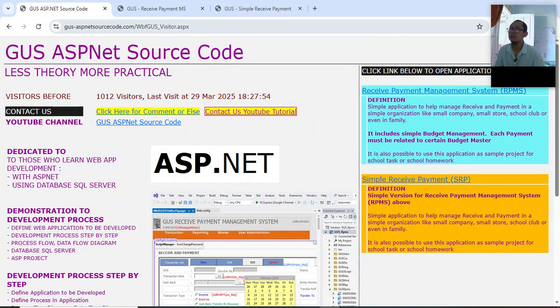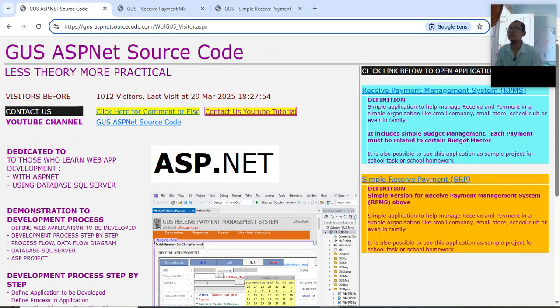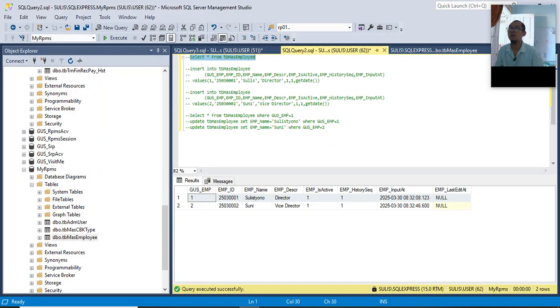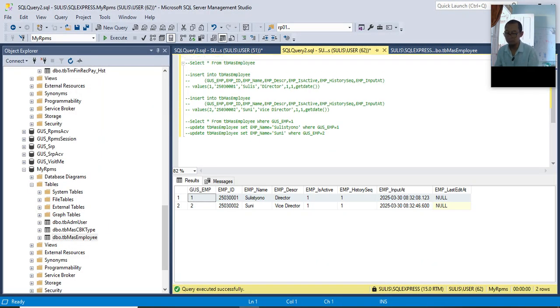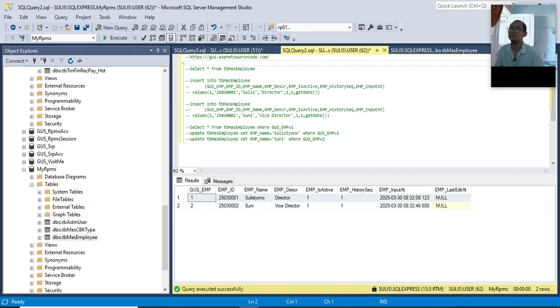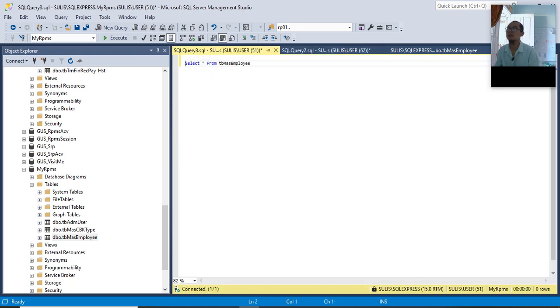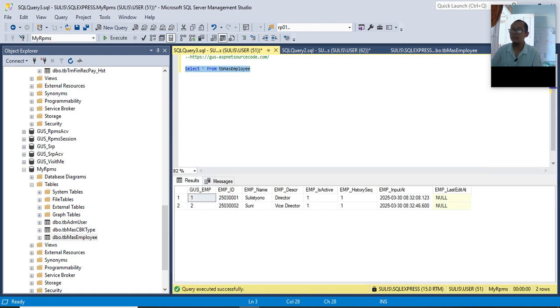I will write this at the top of my query. Okay, let's see our data. Now let's update with begin transaction.